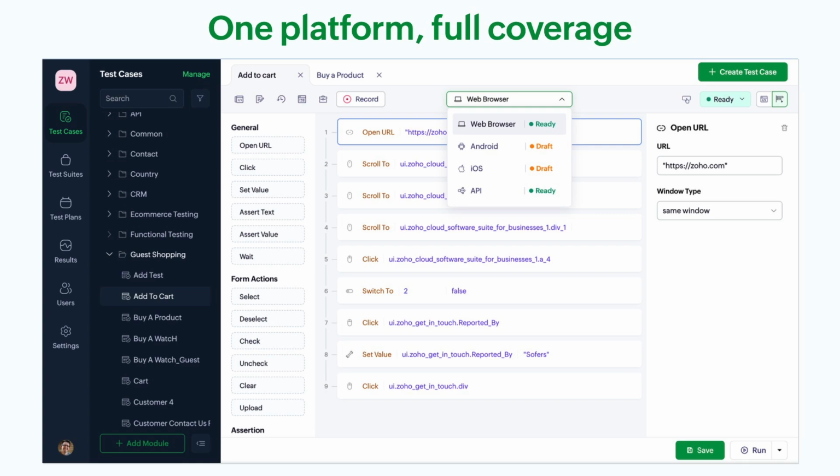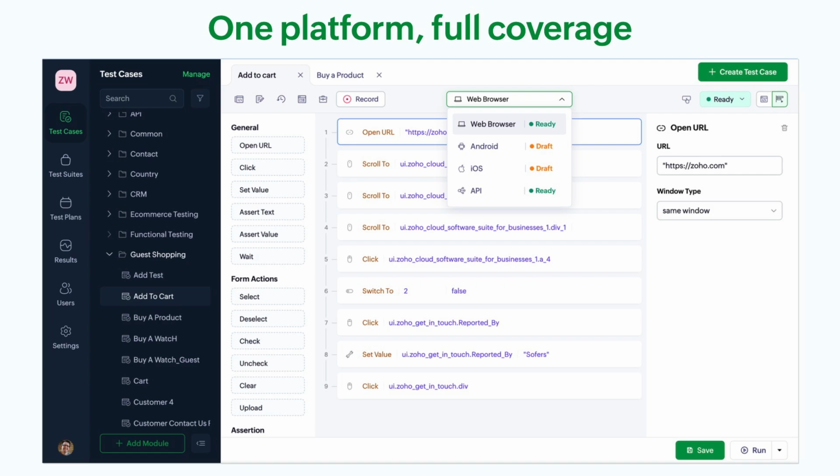The test plans, the results, the users, and settings. Towards the right hand side, you see it gives you an idea into what test cases are live and what's the current status of these test cases that are running currently. So if you also see, there is a drag and drop interface over here which shows you how to prepare your test cases, and you can use it.